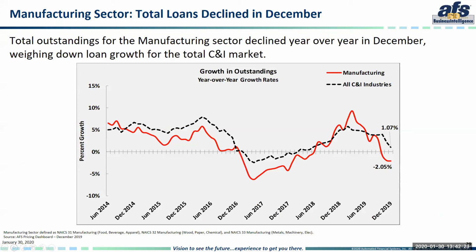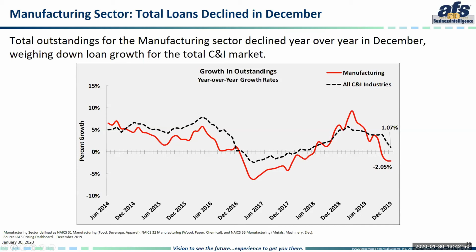Unfortunately, this renewed optimism arrived a little bit too late to meaningfully and positively impact loan growth in 2019. The chart here plots year-over-year growth rates for each month. And presenting loan growth this way really helps to smooth out seasonality in the time series. So Don spoke earlier about the slowdown in C&I loan growth. And you can see by that dotted black line here, the line representing the market average, that's been trending downwards